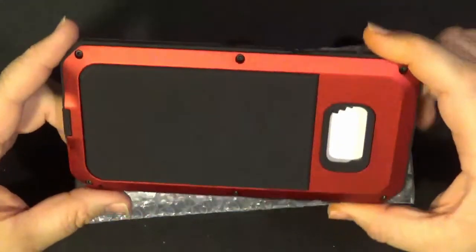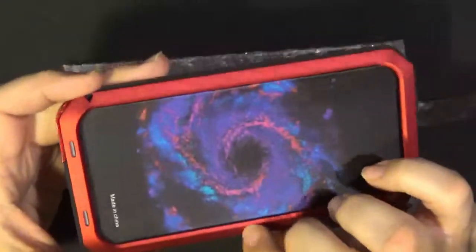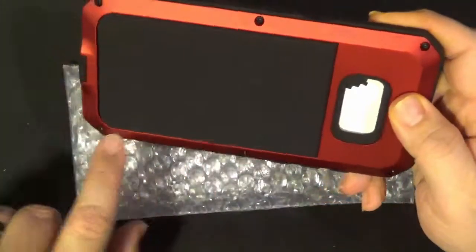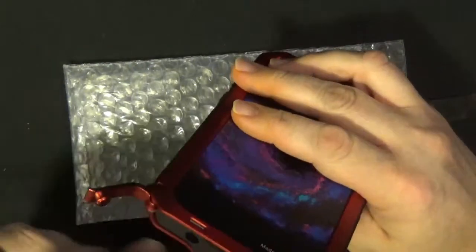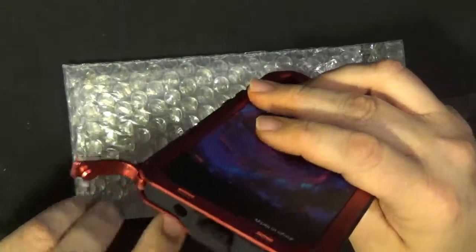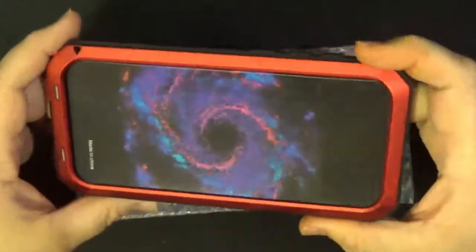I'm going to call this thing the Tank because it is made of metal here. It's got some rubber on the outside. Metal on the front as well, and it actually is held together by 6 Torx screws here, and it's got a neat little lever down here which closes up what I believe is going to be the headphone jack, and a little flap here for the charging port. Now, some of these that are out there actually say that it's completely waterproof, so most phones now,